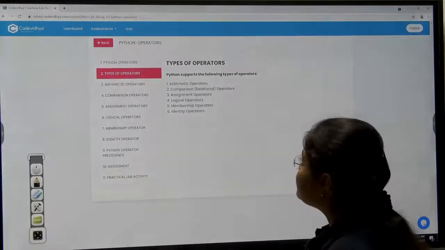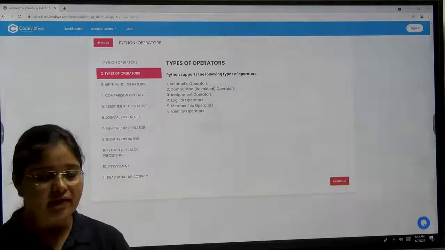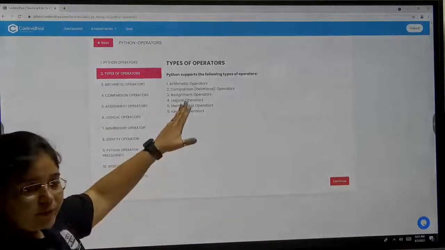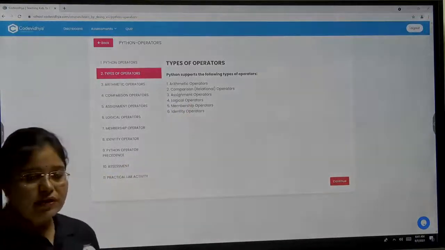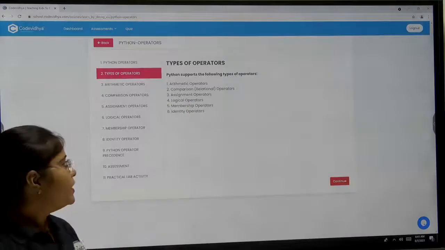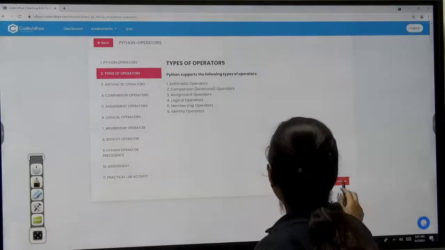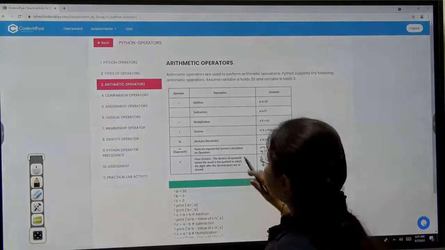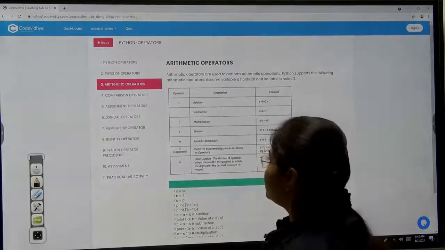Now, types of operators. Python supports 6 different types of operators. It can be arithmetic operator, comparison operator, assignment operator, logical operator, membership operator, and the last one is identity operator. Now, one by one, we will see what kind of arithmetic operators we have, especially in Python.